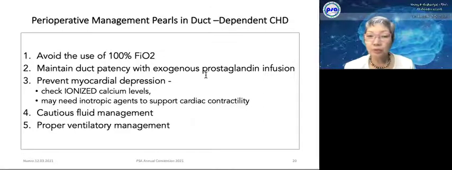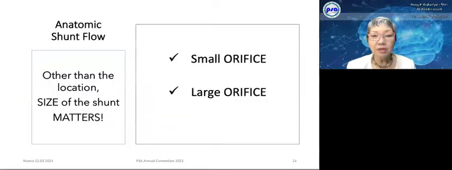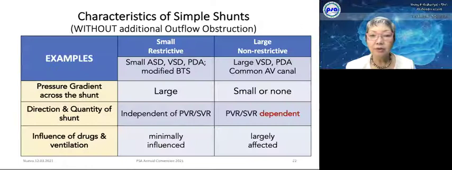We also need to support the heart, ensuring that we do not depress the heart, that we have good ionized calcium levels. We must be cautious with fluid management and also with our ventilatory management. So the shunts may either be small or large, and depending on the size, there will be differences on the pressure gradient across the shunt, on the direction and quantity of the shunt, and on the influence of our drugs